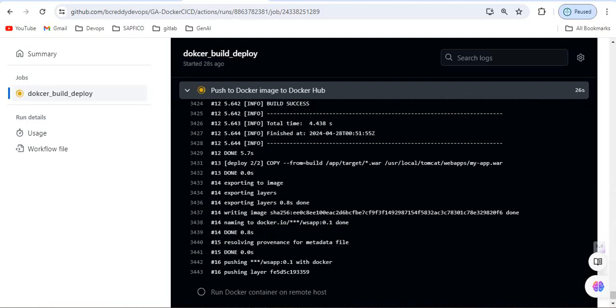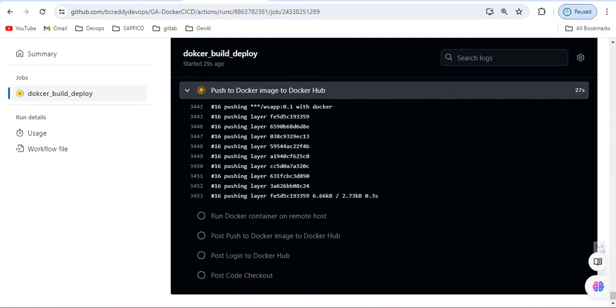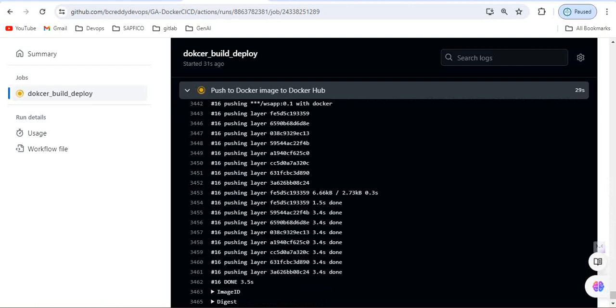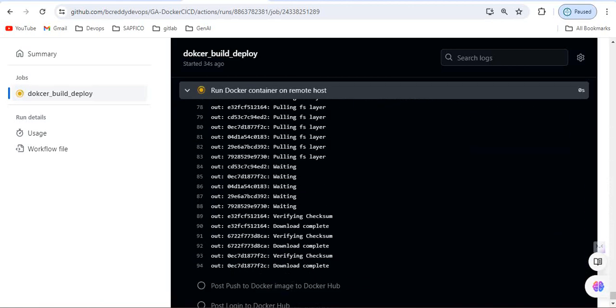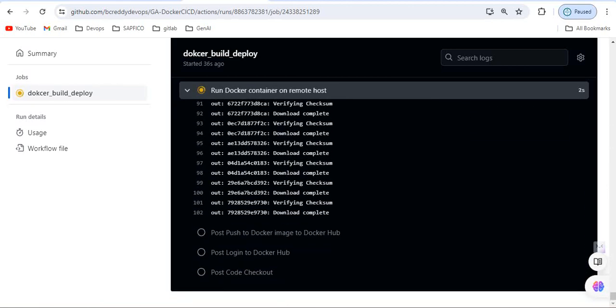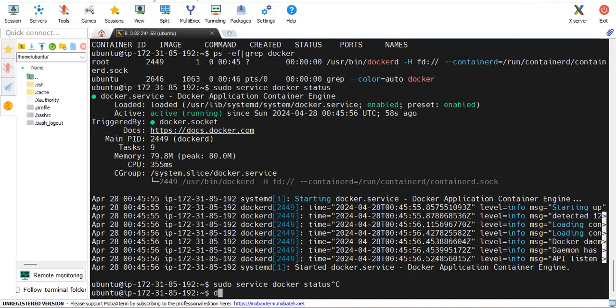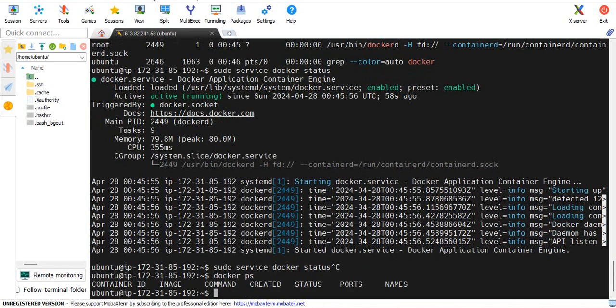While creating the image, it will do the source code Maven build, create the image and push that image, then try to deploy that image. Currently, if you check here, there is no running container. And if you check Docker images,